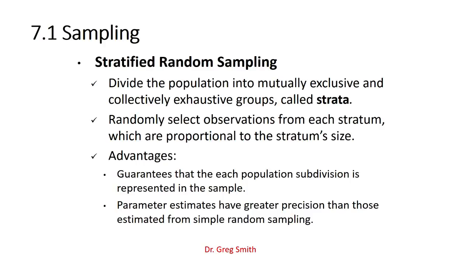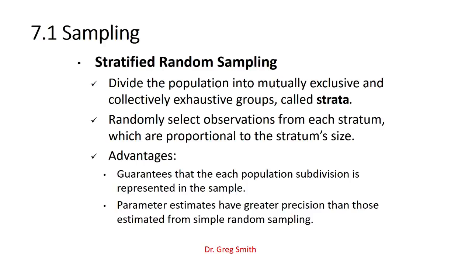What this does is guarantee that each population subdivision, or stratum, is represented. But once you get inside there, say I have a million observations and 15 strata, and we want to take a look at the smallest one, which only has 10 observations in it. That's not a lot versus the million. Once I get down to that level, then I would do simple random sampling within each and pull out a